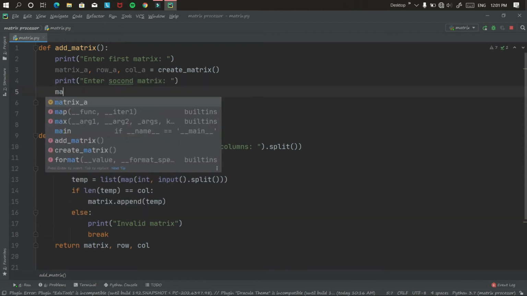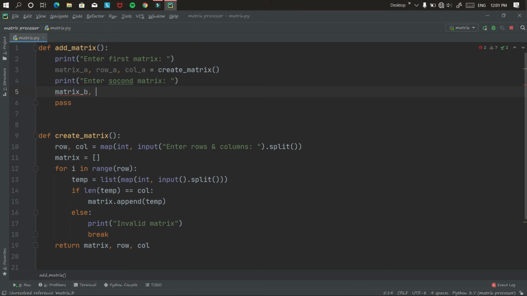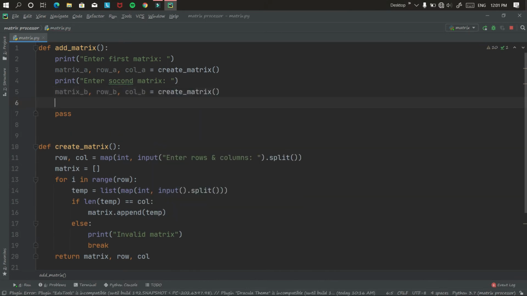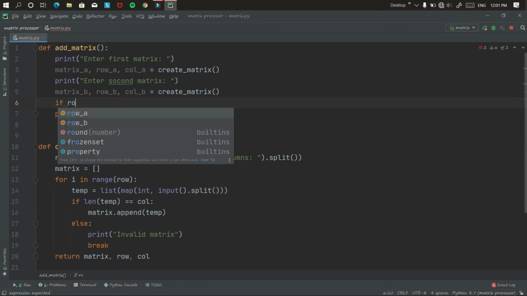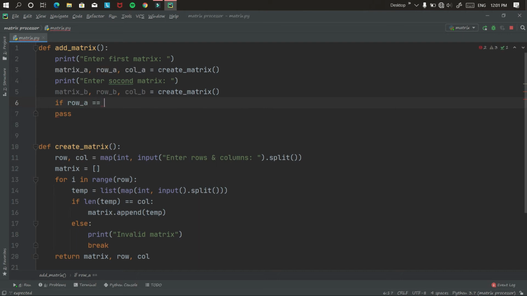I will do same for second matrix. Before addition, first I check if my row and column of first matrix is equal to row and column of second matrix. Then only I can add the matrices.